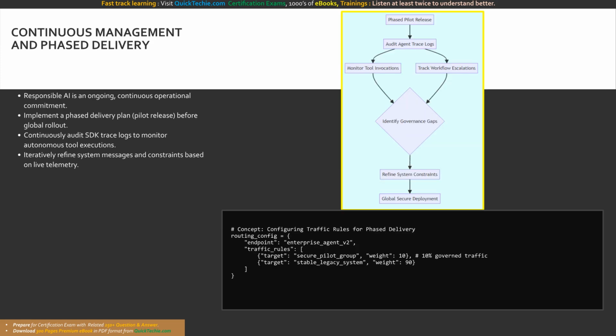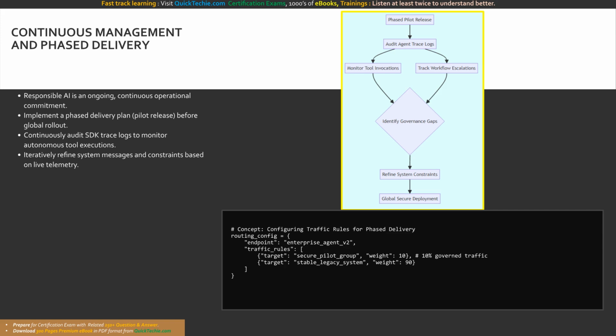In our final slide, we synthesize these powerful governance concepts into the ultimate stage of the responsible generative AI lifecycle, the manage phase. The manage stage dictates that you must govern your agentic AI solutions responsibly by defining and meticulously following a comprehensive deployment and operational readiness plan. You cannot simply configure your system messages, tool access controls, and human-in-the-loop workflows, and then deploy the agent globally on